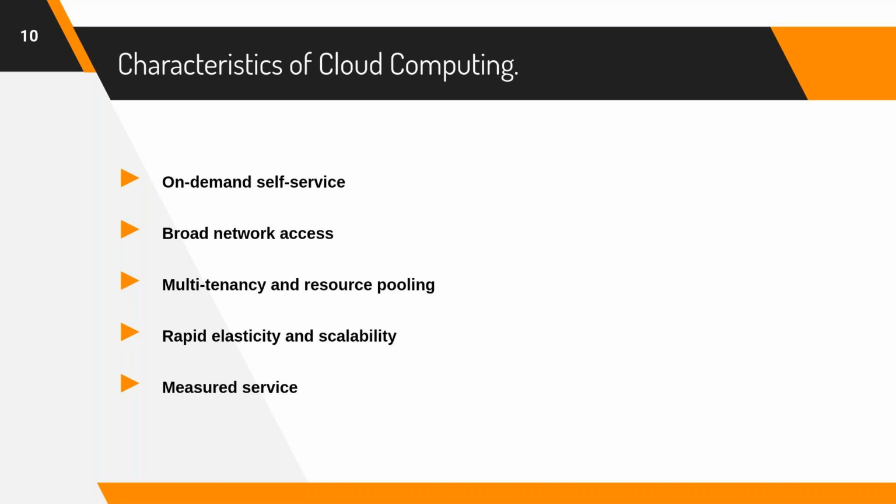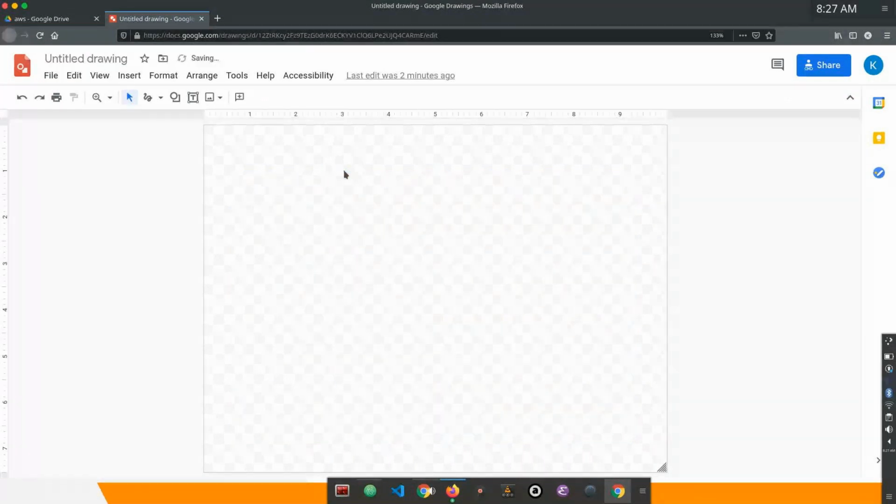Scalability is also the same thing, right? Elasticity is you can either go upwards or downwards. For example, today you're using 10 virtual machines on a cloud provider for running your web application, your website. Tomorrow you see that not many people are using your website, the demand has come down, so you can stop your 5 instances or 5 virtual machines and delete them. Now you have only 5 virtual machines running and you'll be billed only for those 5 virtual machines. It doesn't take much effort to delete those instances because this can be done through a few clicks. All right, and also another important thing is there are no upfront costs.